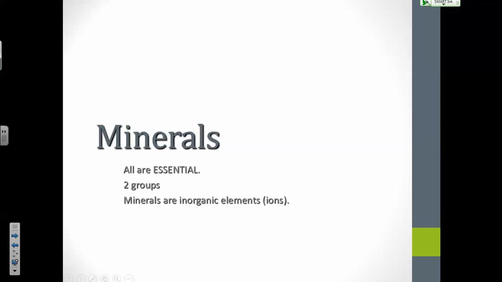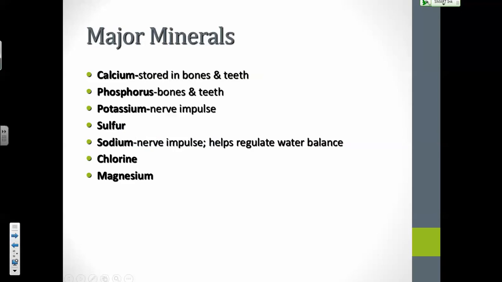Now let's look at the minerals. Okay. Every mineral is essential because a mineral is just an ion. You can't make one ion from another, can you? You can't make phosphorus from calcium. No, that'd be a nuclear reaction, and that doesn't happen in you. Okay. All right, so you have to have minerals in the foods that you eat, and we can lump these